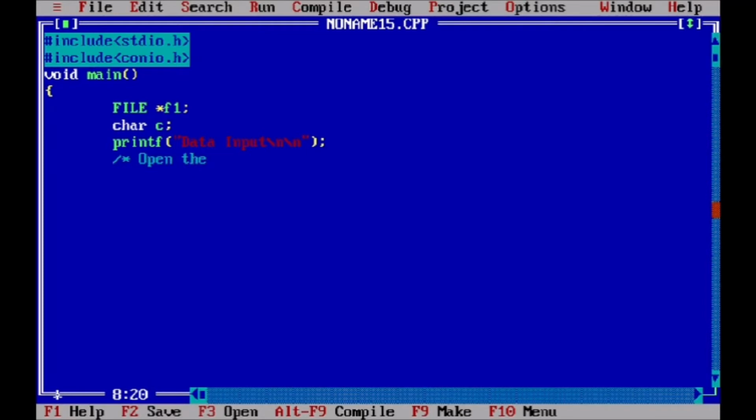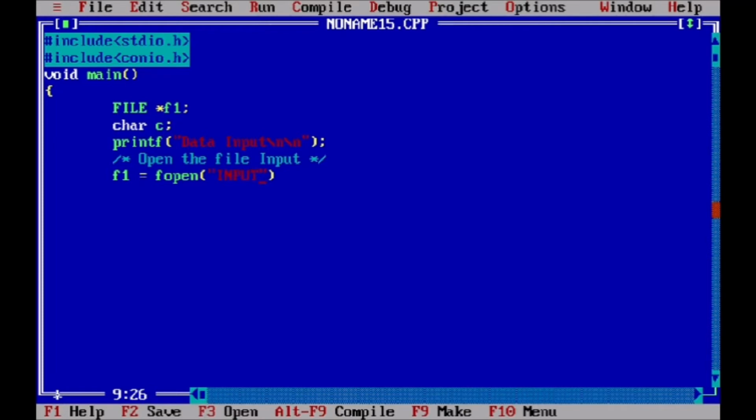Now open the file, whose name is input. For that we use the fopen function with a file pointer: f1 = fopen, with the name of the file and the mode in which we want to open the file.